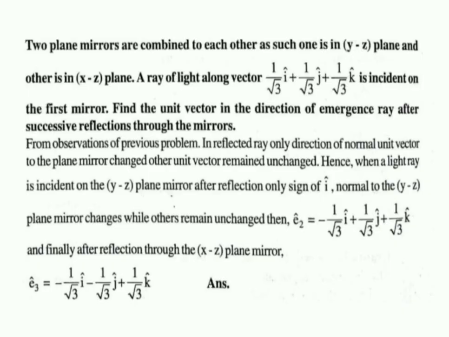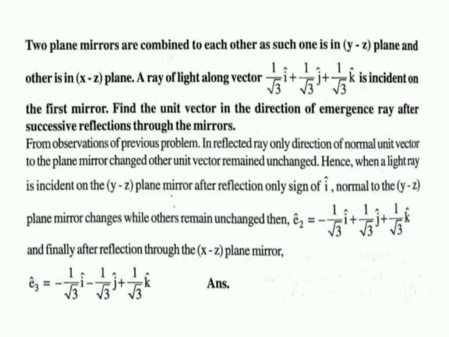Okay, look at one more question. Instead of one plane mirror, here we are given two plane mirrors. The plane mirrors are combined to each other such that one of them is in the YZ plane and the other is in the XZ plane. A ray of light is incident. The same incident ray is given, E1 is equal to 1 by root 3 i cap plus 1 by root 3 j cap plus 1 by